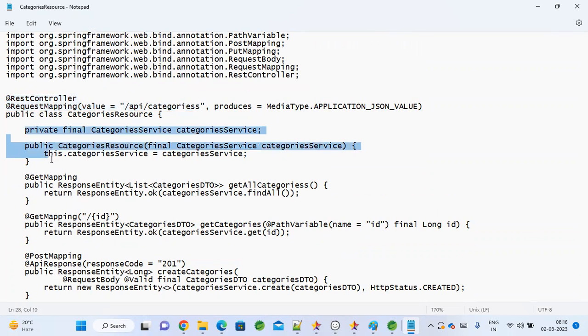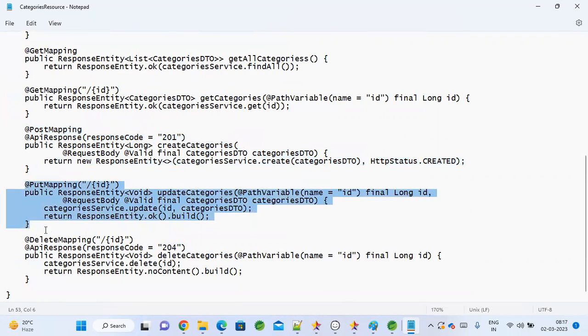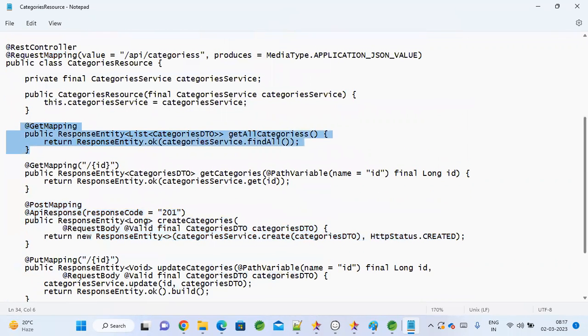And here it is, auto-wired your service. DAO auto-wired into service, service auto-wired into your controller. And get mapping to get record, post mapping to create records. See multiple methods created here. Put mapping, delete mapping. Create record, update record, delete record, select one record, select all records. All methods automatically generated